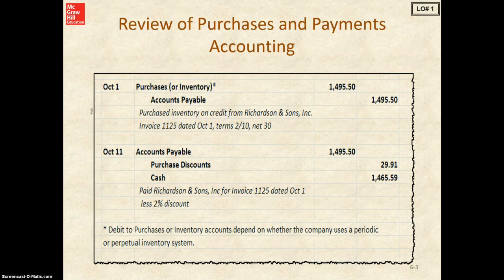So a quick review of our purchase and payment accounting. Debit to purchases or inventory and credit to accounts payable when we make the purchase, and debit to accounts payable, credit to cash, and possibly purchase discounts if there's a purchase discount that we took